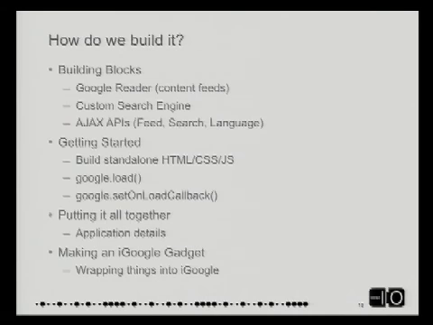And then we get right into Google Load and what that actually means and where we actually bootstrap the application. A lot of times, if people figure out how to just get the first piece, it's so much easier to get the subsequent pieces. The barrier to entry, a lot of time, is just how can I get the first callback that says hello world. So we're going to make sure we don't skip over that. Putting it all together, the application details of when we looked at the demo, what was actually going on, how that all worked, and then we're going to talk about how we wrap it up as an iGoogle gadget.